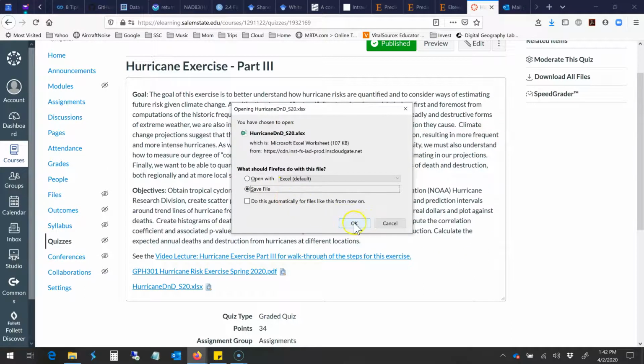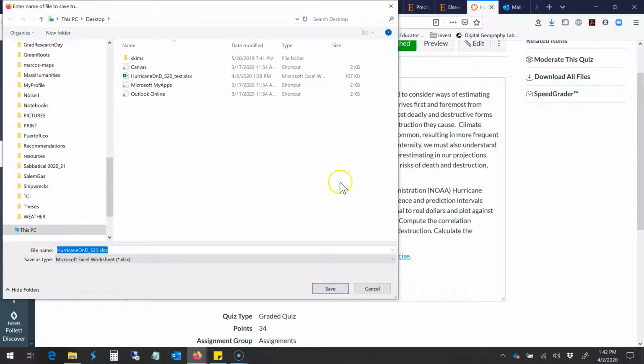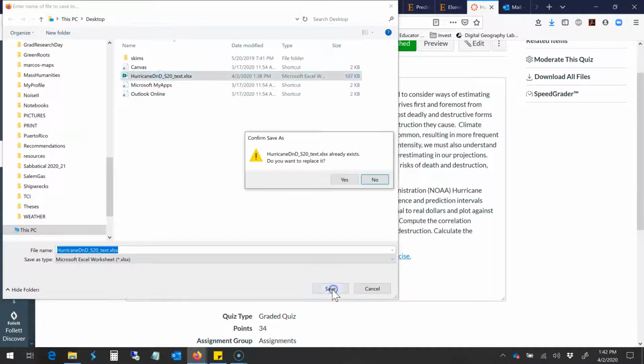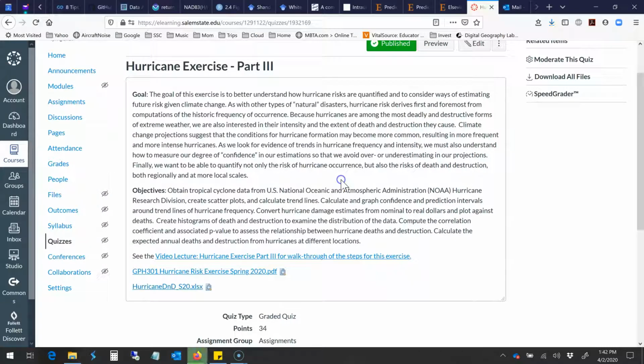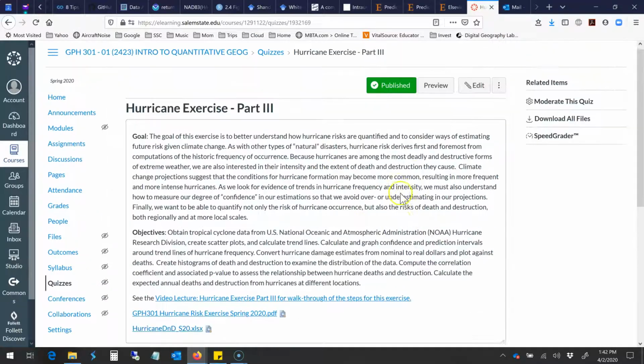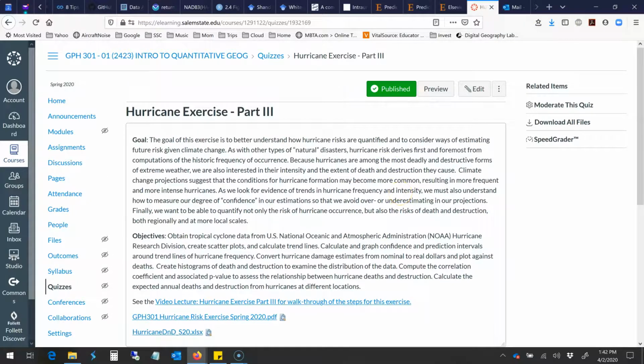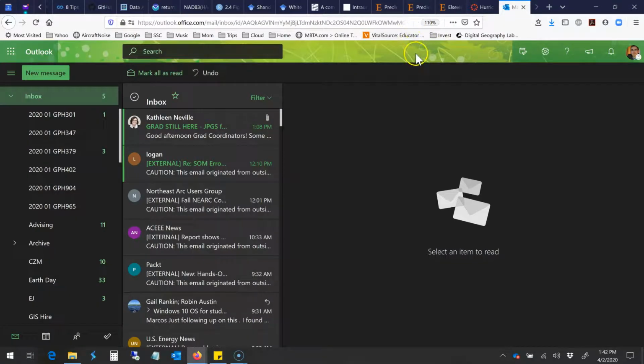So even though you don't have Excel, you want to save that file, and I'm going to save mine onto my desktop so that I have it locally accessible. Now the reason I'm doing it is because I'm going to open it up in the online Excel version. There are other ways of doing this, but basically we're going to use the connection that your email has to Excel Online as well as to the shared drive, the OneDrive that is offered